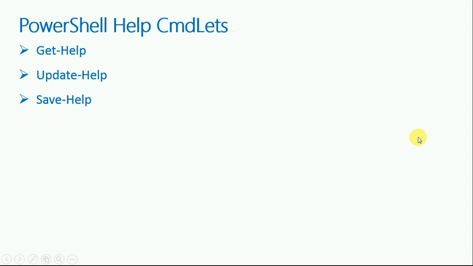And Save-Help is there to download help so that later we can use it for servers or devices which are not exposed to the internet. So let's move further and see in detail.